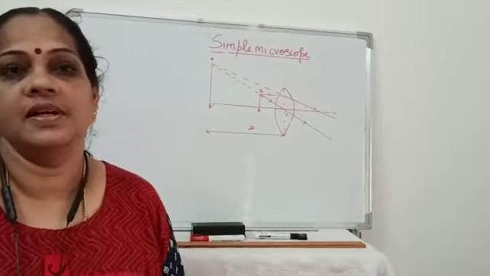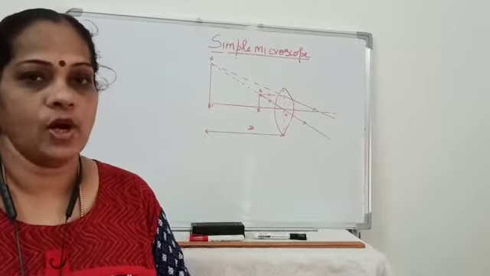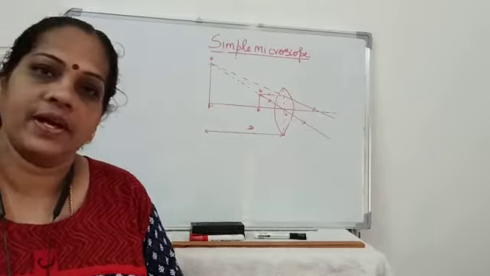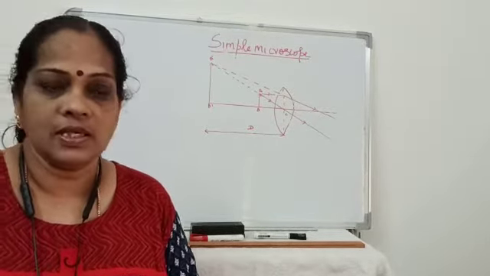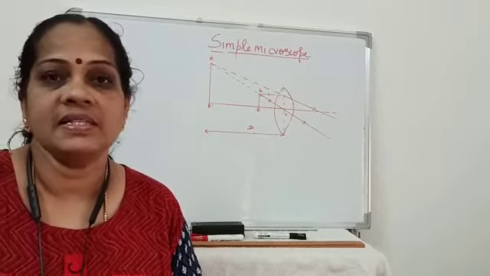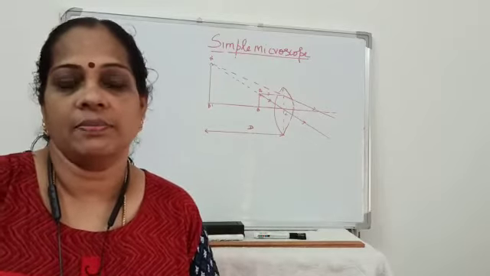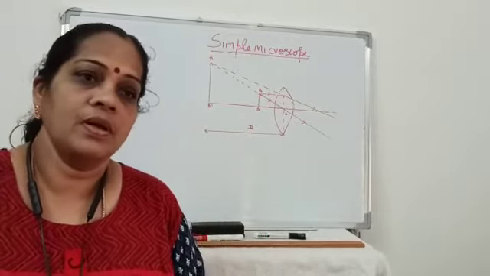Hello children, today we are going into the last part of a subunit of ray optics, that is optical instruments. You are all aware of the various optical instruments like a microscope, telescope, binoculars. A human eye is the best example for an optical instrument. In this chapter we are going to study about microscope and telescopes.